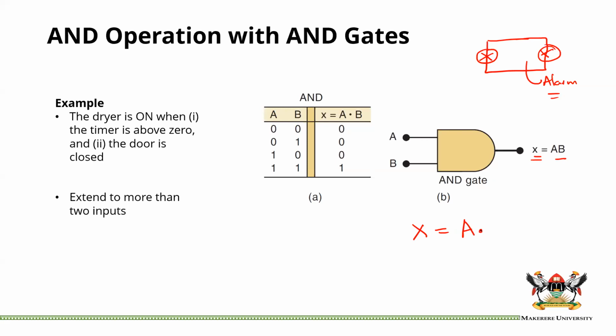This is the right scenario of how we write it. But because we know that's like multiplication really, and because we are using this a lot, we end up using just AB. But what AB means is that it is A and B. Okay, it is not A times B, because this is